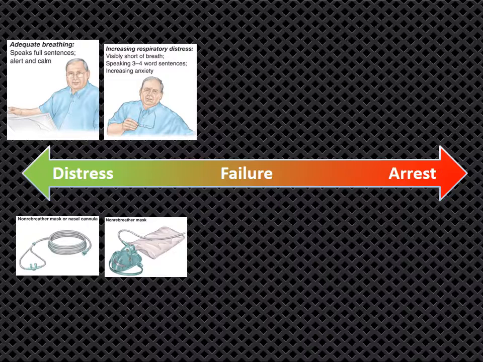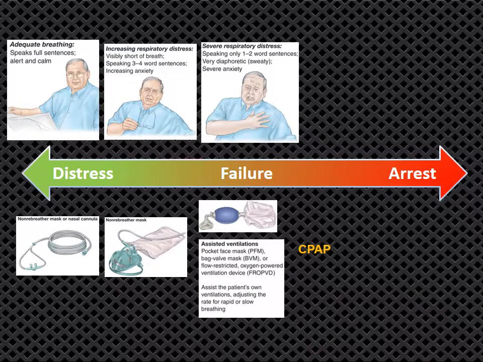So as we move down that continuum, we get to failure. So the patient can only speak one or two words. They're having such a hard time ventilating that they can only get one or two words out at a time. They're very sweaty, they're anxious. At this point, the patient's still conscious, but we're going to have to give them some positive pressure ventilation. And we can do that with a number of means. And we'll talk about each of these, but you see the pocket mask, the bag valve mask,